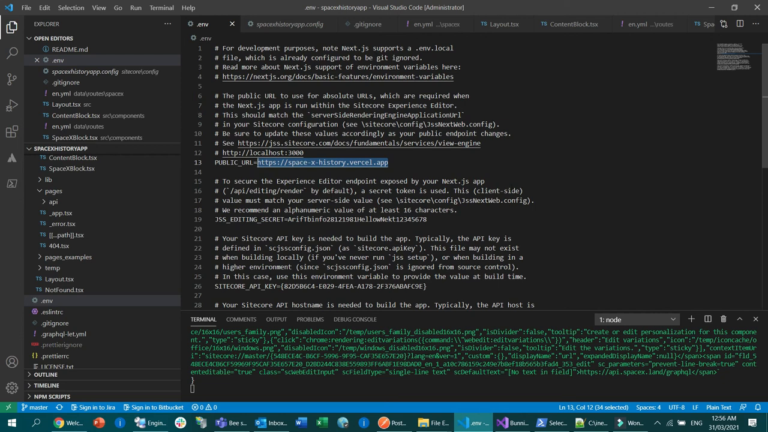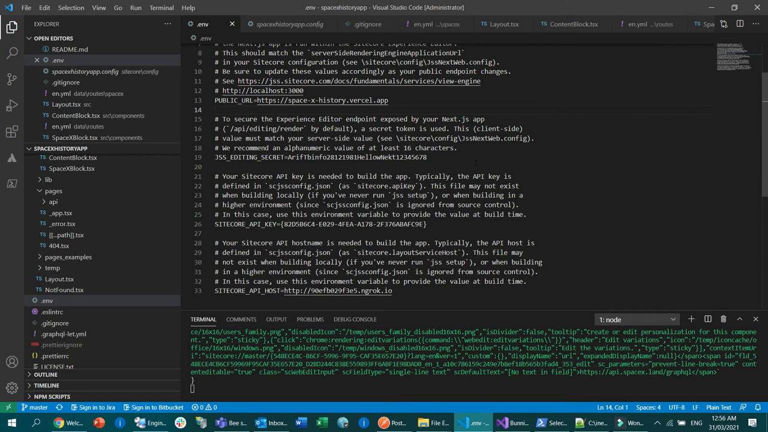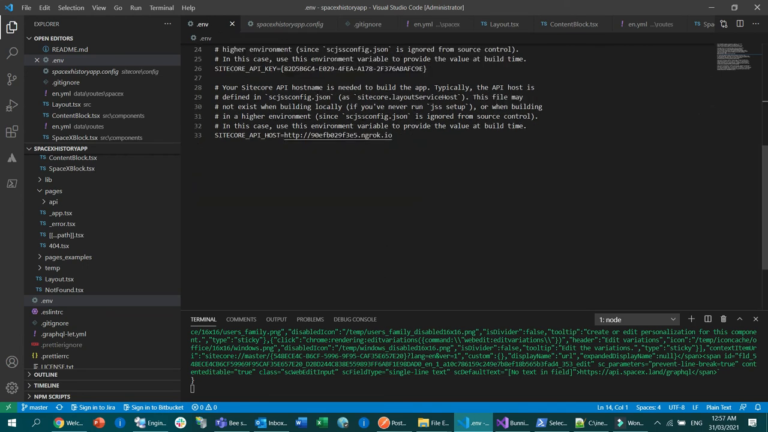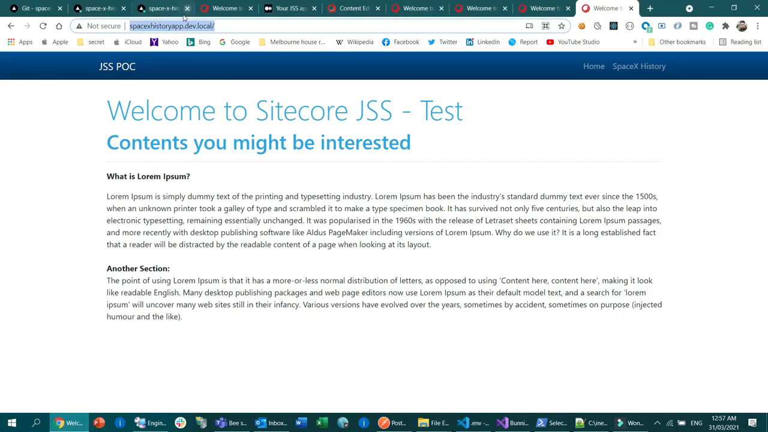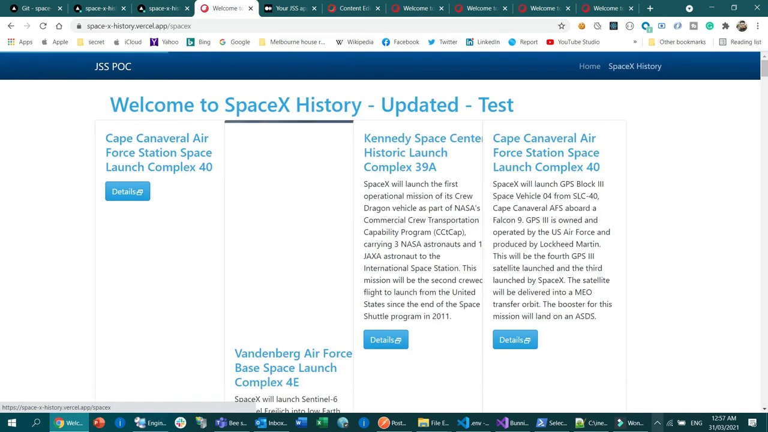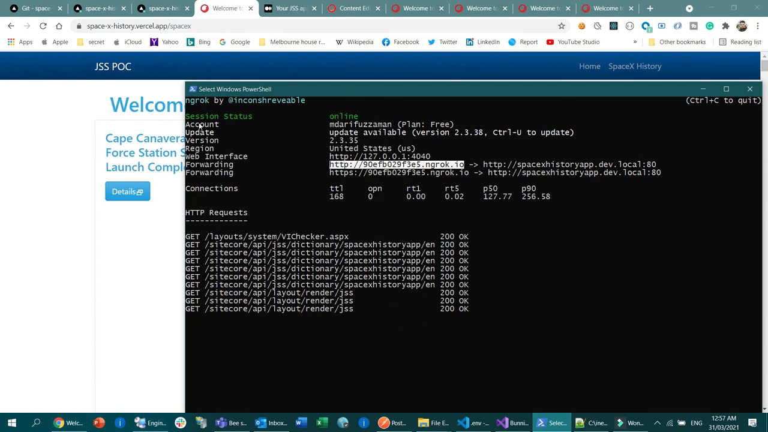I think that's all. And then basically I committed all the changes, and then Vercel automatically kicks in and publishes based on whatever settings I put in the environment file. It takes care of everything through that. So let me show you here. If you click this one and see here,